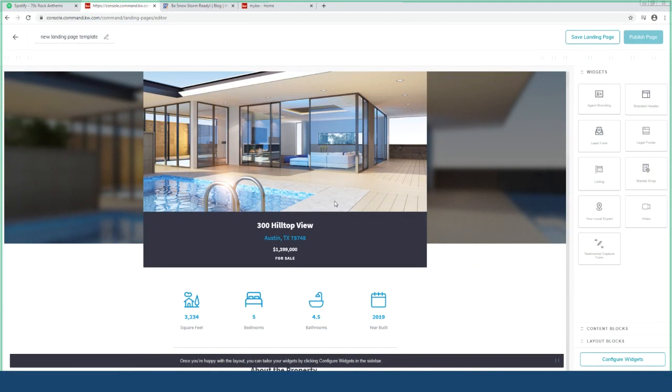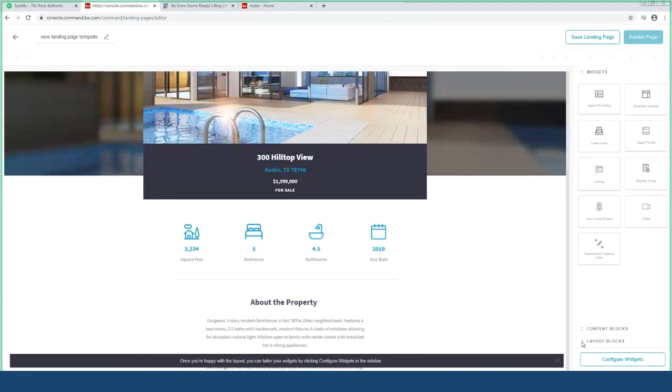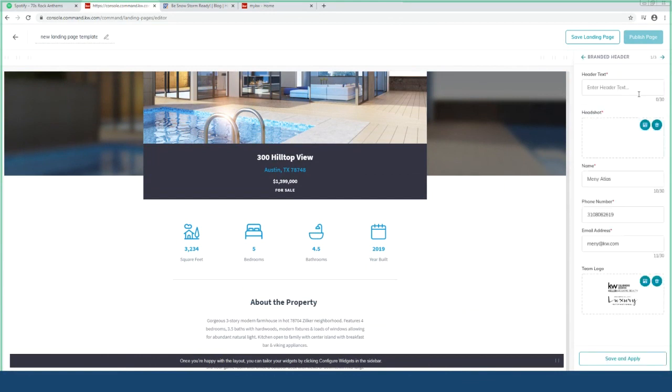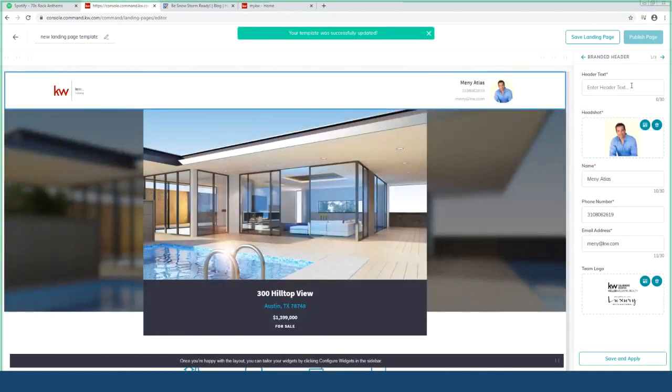So now you've kind of designed the widgets the way you want. You want to configure them. You go down here to configure. And wherever you see a green circle with the check, that means that that part is set up. And where it isn't green means you need to do something to that widget. So check branded header. And there you can see it wants a